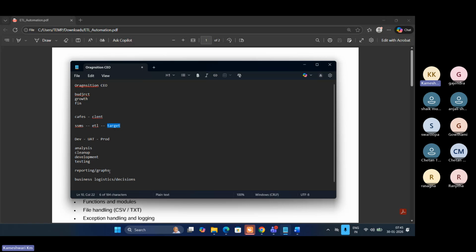So whatever data we have in the reporting, after the testing, the tables will go to some Power BI reporting, where it is going to generate a graph or something. Then, whatever graphs or reporting we have generated,